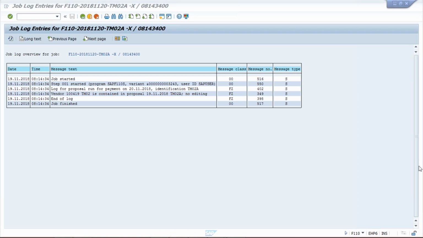Okay, so some answers have been given. One proposal already exists. Okay, so Amit is very close to the solution. Now here what is happening generally, we have already run the proposal in the previous state, and this vendor is already blocked in the previous proposal. So the system is saying that either you have to run that previous proposal or else delete that proposal, because already one proposal has been created. It is saying vendor TM02 is contained, or you can say blocked